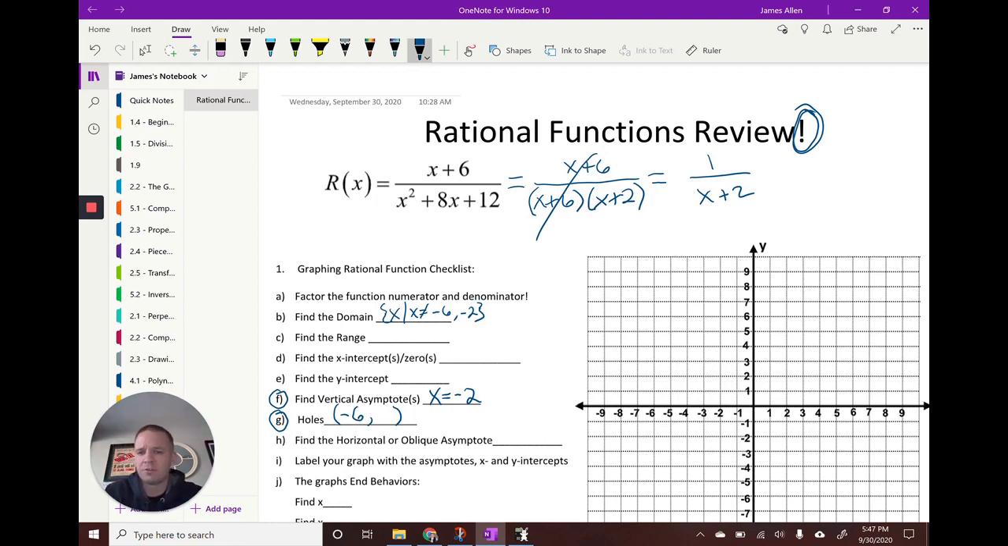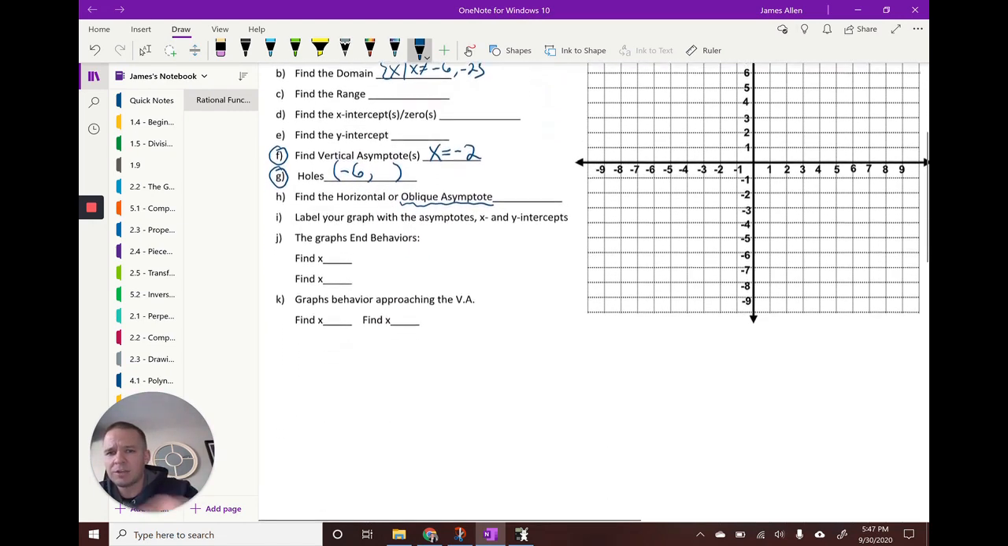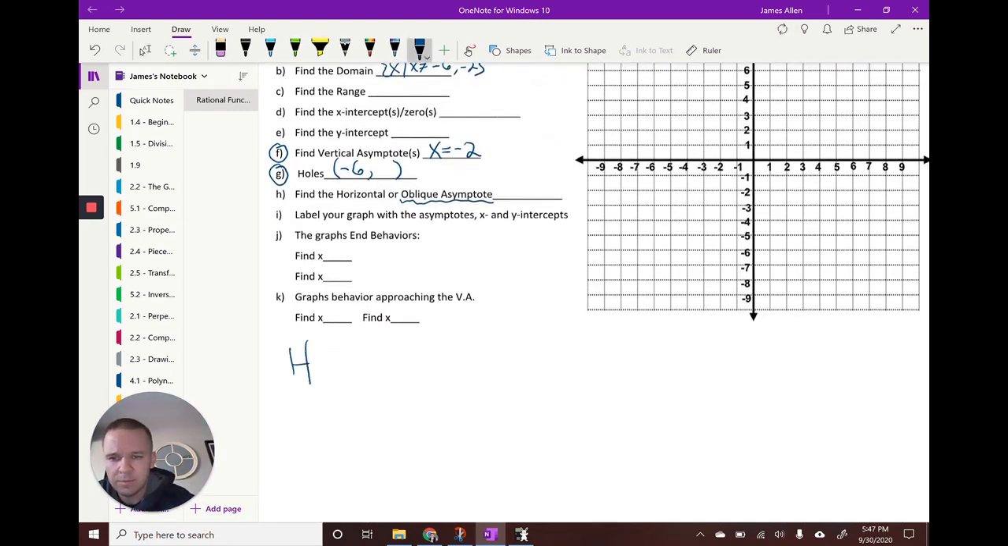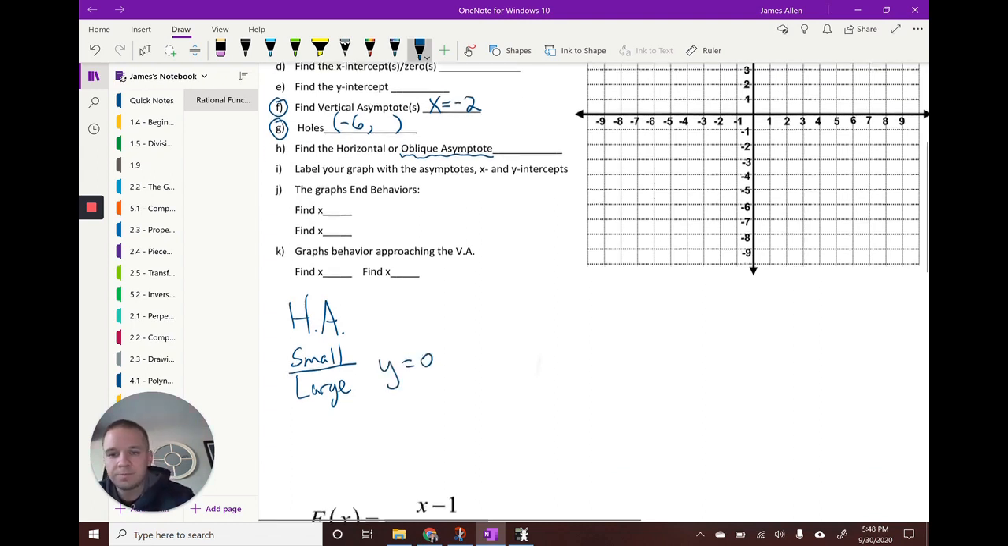How about our horizontal or oblique? This is something we're going to bring in this year. Okay. You've seen horizontal, but you haven't seen oblique yet, at least not to my knowledge. Let's talk about our horizontal asymptote rules. If we have a small exponent or degree, rather, a small degree over a large degree, it's going to be y equals 0. If we have